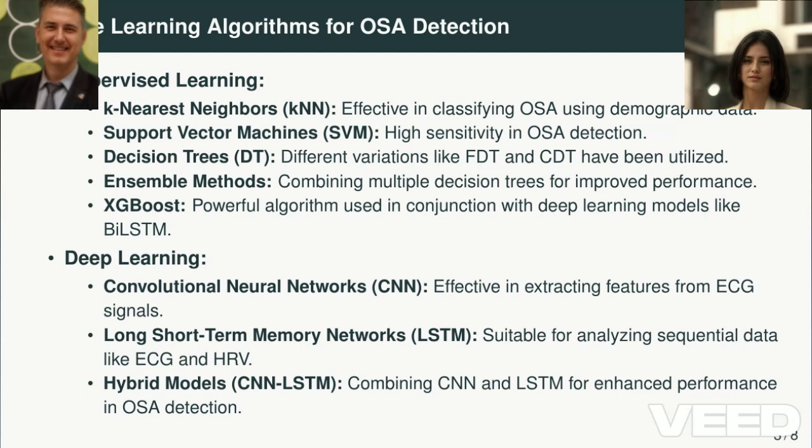Exactly, and that's where different AI techniques come in. The retracted paper actually mentions a few that are being used for sleep apnea detection, like deep neural networks, DNNs. I feel like I've heard that term before, but I could definitely use a refresher. Yeah, so think of them like complex networks that can learn from massive amounts of data, kind of like a brain with multiple layers. And you feed a DNN a ton of data on sleep patterns, and it learns to distinguish between normal sleep and sleep apnea.